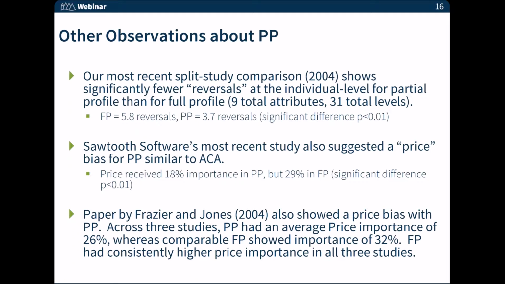Compared to ACA, I'd prefer probably partial profile if you've got the sample size to do it. ACBC, I'd probably go with ACBC, but there's a lot of situations where ACBC doesn't work very well. So anytime you have a large number of attributes that are a priori ordered, ACBC doesn't work very well. For instance, if you have a survey where you're looking at,